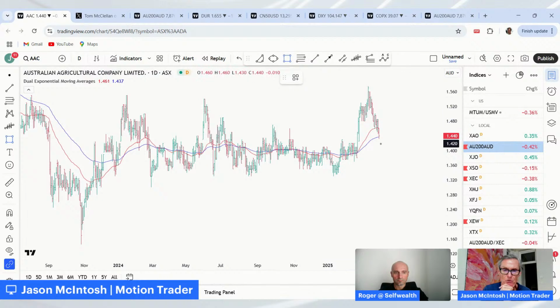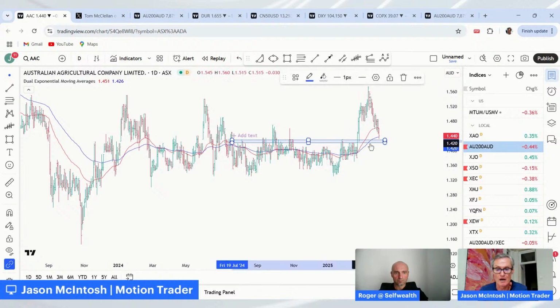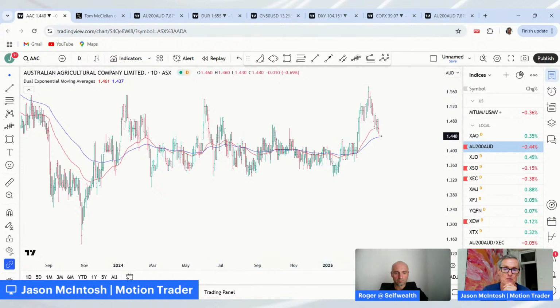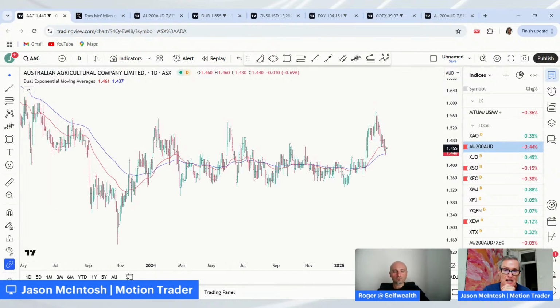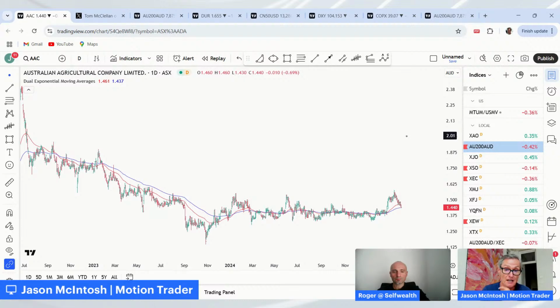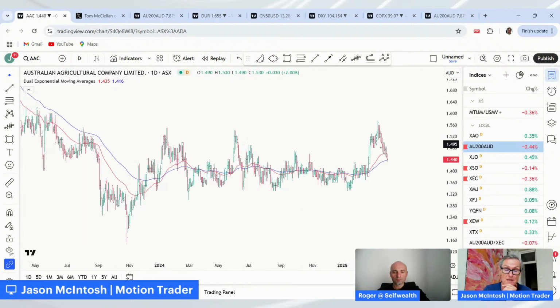There's probably some support coming in around $1.40-ish. That's where the moving averages are. So I wouldn't like to see this back down at $1.39. That would then negate this strong upward phase, and then look like it's just more chop within this large range. I wouldn't buy it at the moment. If I was interested in buying it, I'd like to see it stabilise first, and then start to lift higher. And if it can do that, well, then that'd be a really interesting stock to consider from the buy side, if it hadn't already been bought.